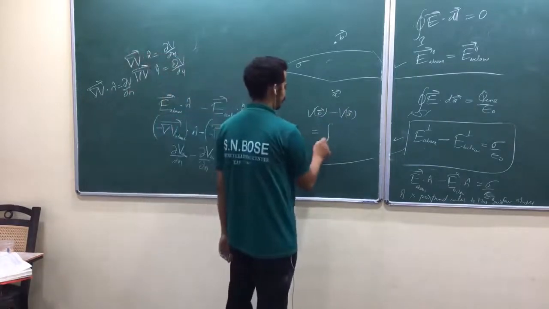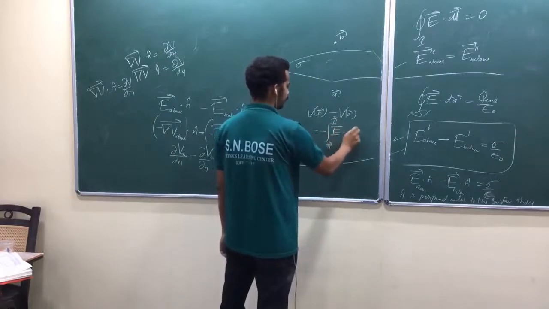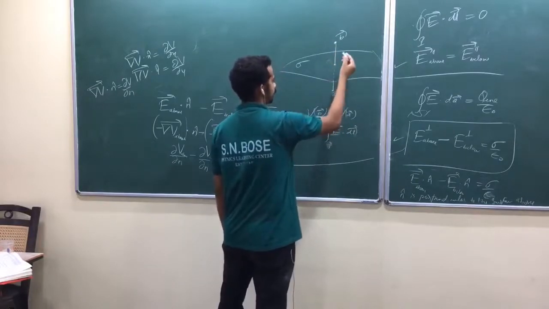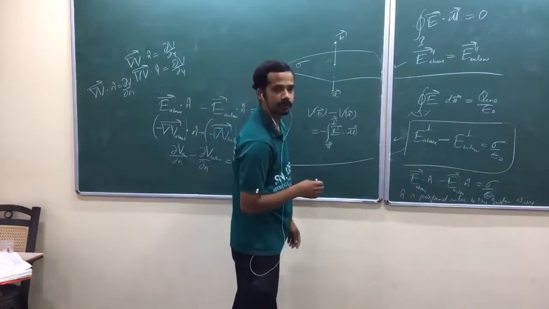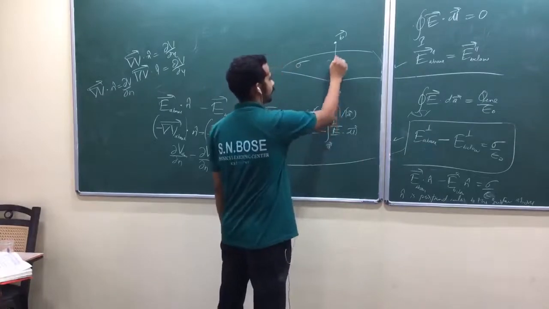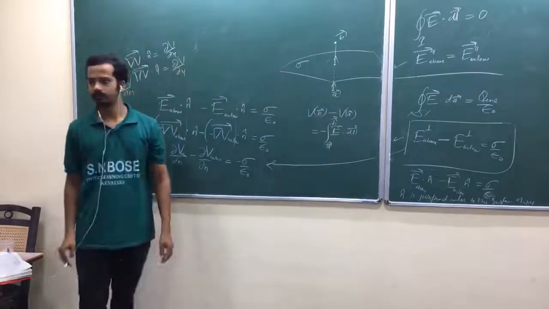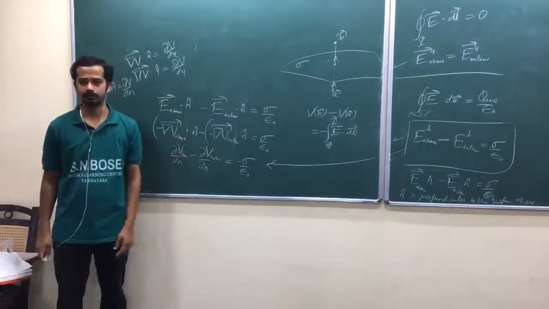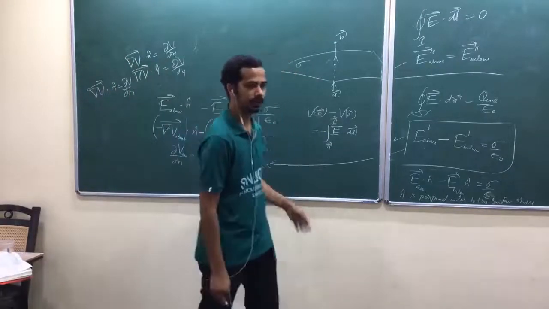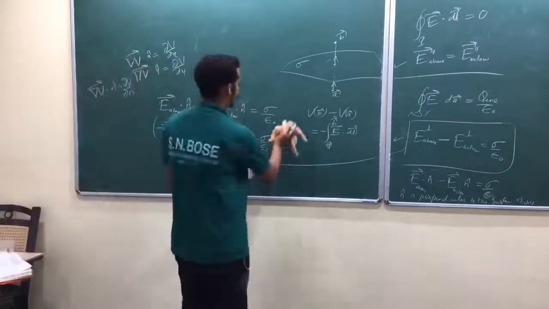What is this? Minus integral A to B, E bar dot dl bar. Am I right? Now take one path, A to B. Path integral. Now shrink this path to 0, so that you will get just V above, just V below. Are you getting my point? I have taken one point above the surface, one point below the surface. I defined this path integral. Now shrink that path to 0.